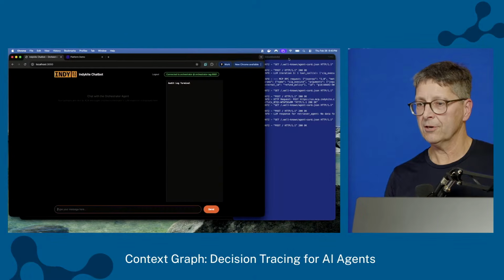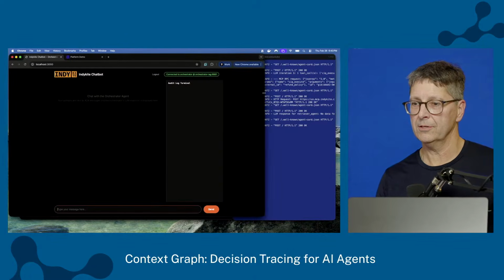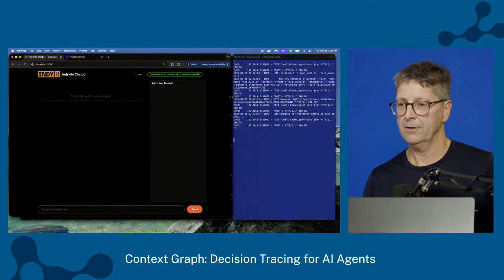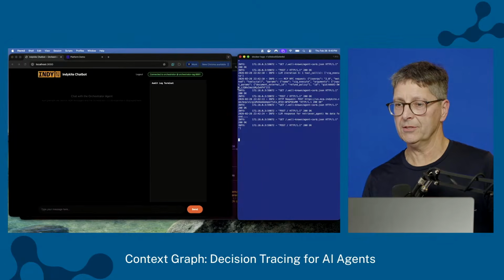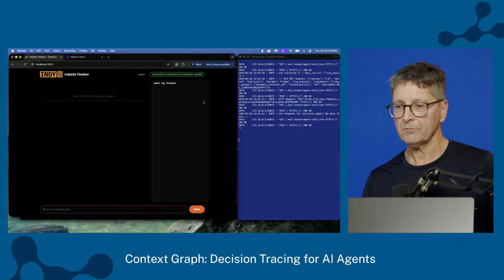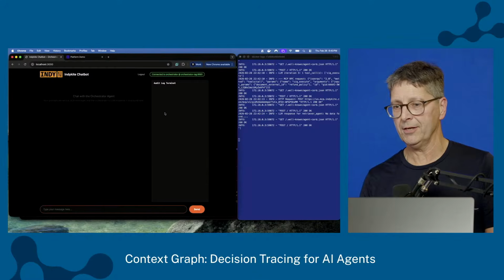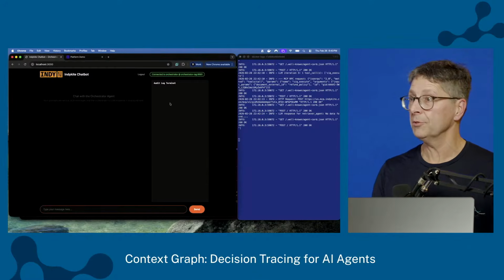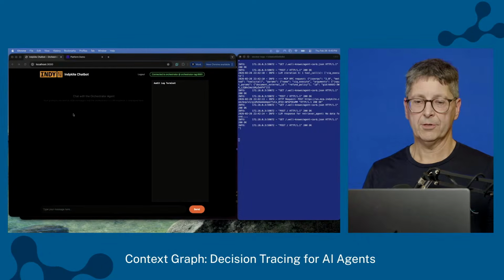What's running over here on the right-hand side of the screen is the retriever agent. And basically what's going to happen is it's going to get some instructions eventually. And here in the right-hand nav of the chatbot is basically agent communication with the gateways.